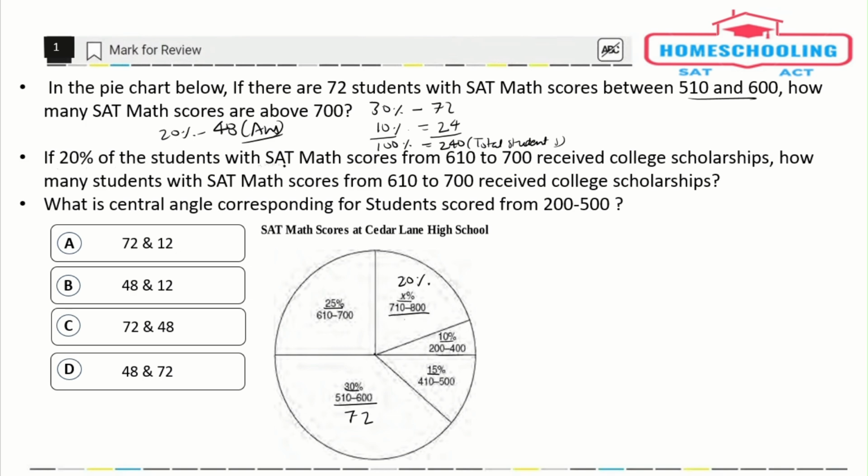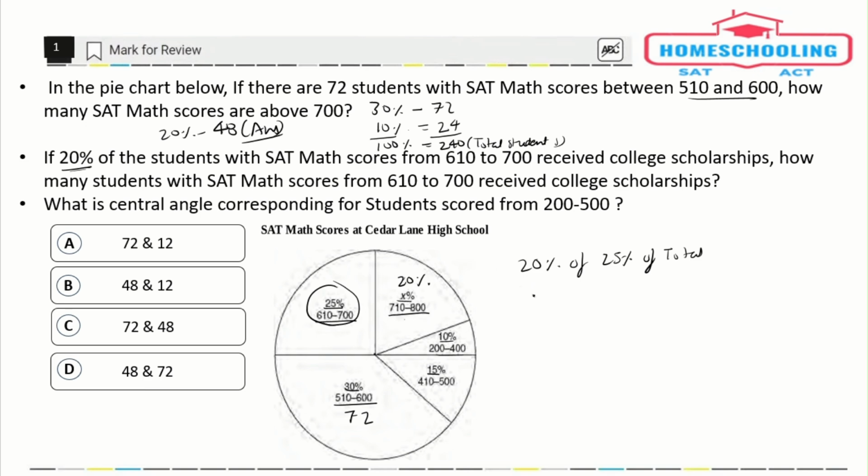If 20% of the students with SAT score from 610 to 700 receive a college scholarship, how many students with SAT math score from 610 to 700 received a scholarship? So he is saying 610 to 700. So what we can do, 25% would be how much? 20% of this we have to find. So 20% of 25% of total students, because this pie shows 25% of the total number of students, and